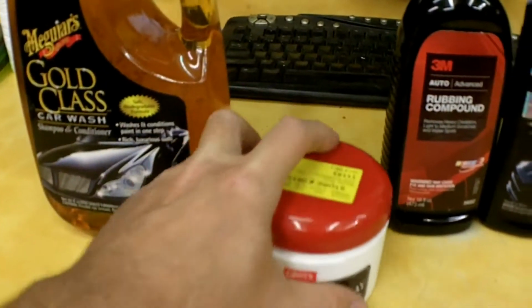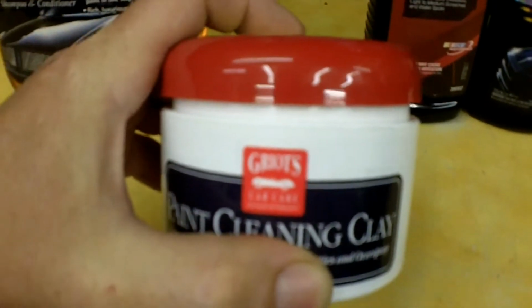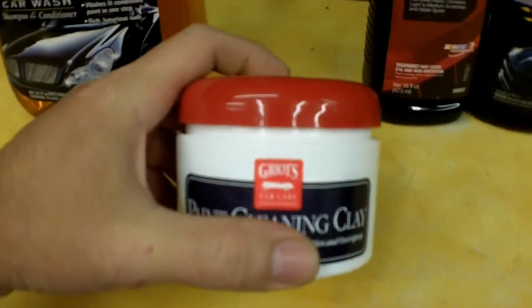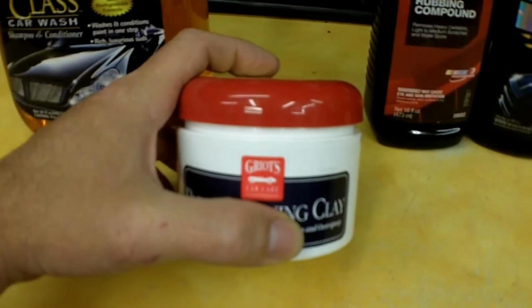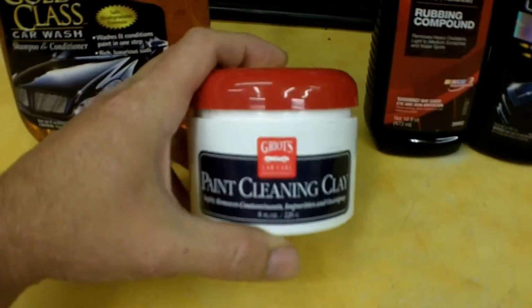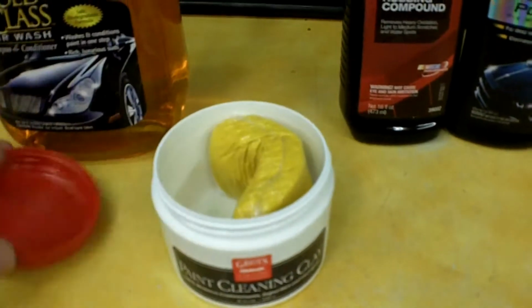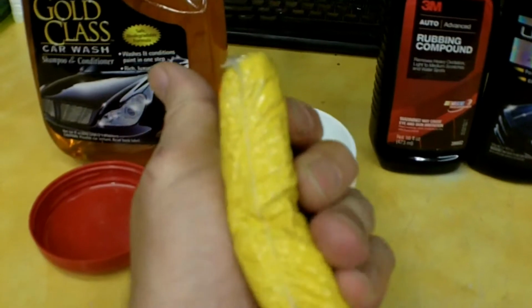The next one I've got is Groit's paint cleaning clay. I think I'm pronouncing that right. It's not Groit's, it's like Groit or something like that. But this was kind of expensive. This was $20 for this little jar, and you get a brick of this clay in it,